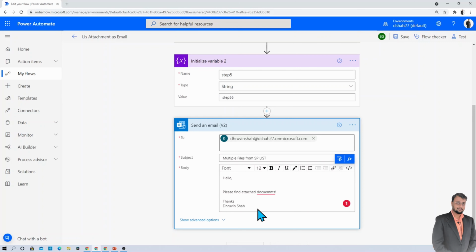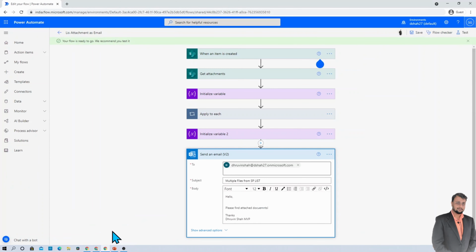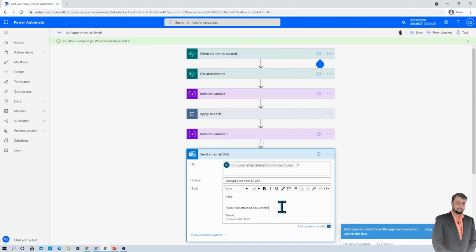Now I haven't saved this flow at this moment with Dhruvin's account. And now let me do one thing. Let me go with Shriraj's account over here, and with Shriraj's account let me make a couple of updates over here. I am adding one additional line over here. The documents are. Right. So I made one line change over here with Shriraj's account.